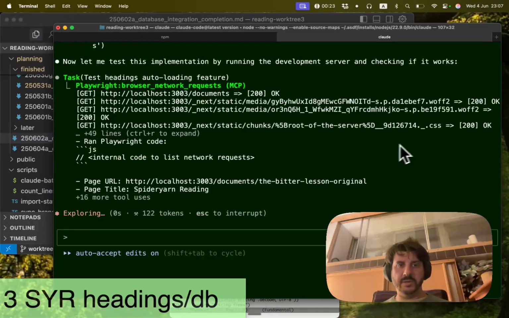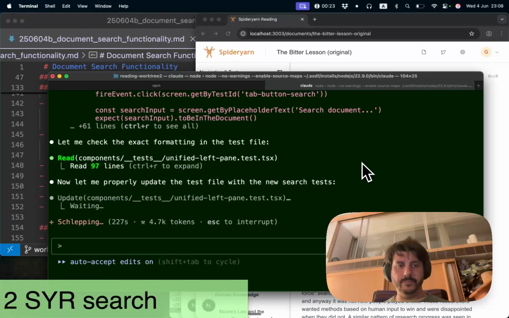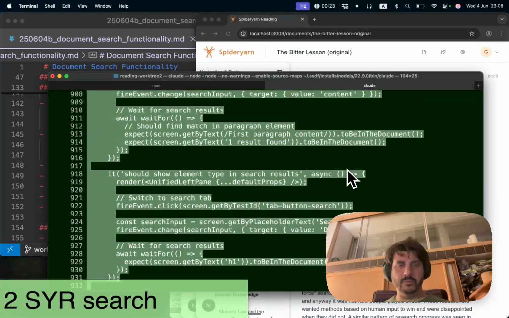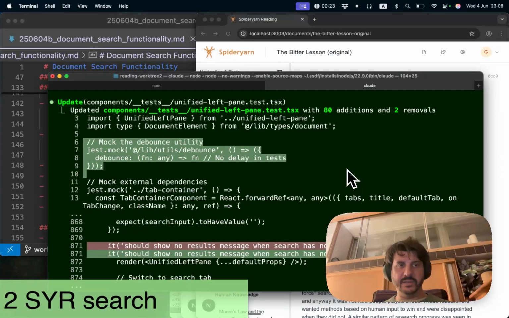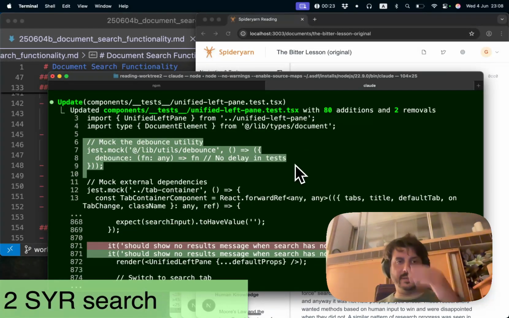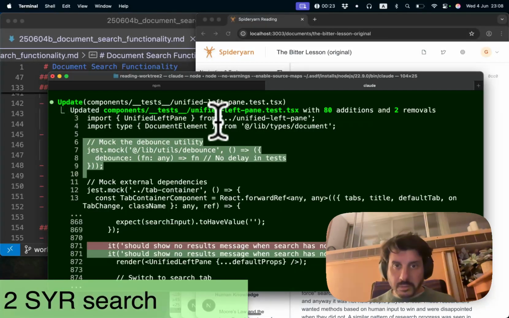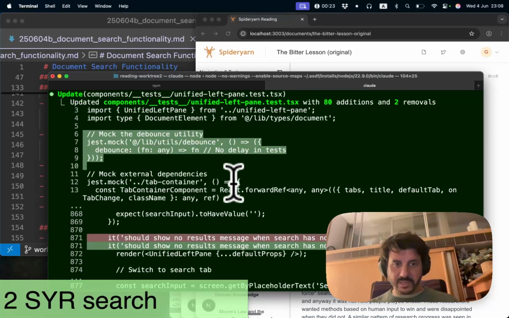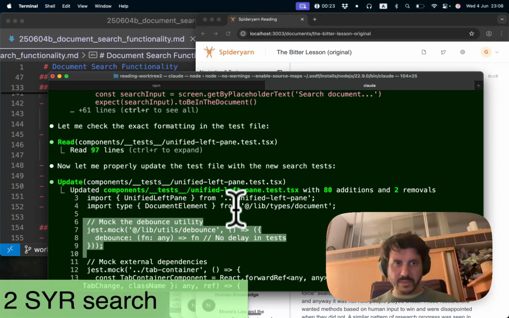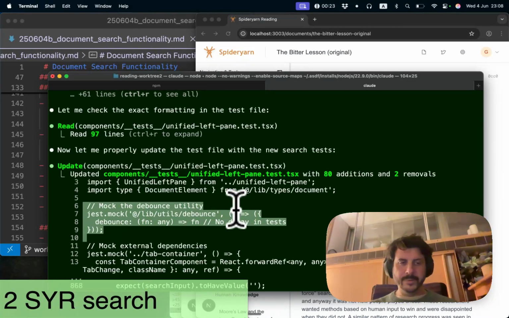Oops, I think I just closed Playwright. Okay, it's nice. It looks like it's actually writing tests for me, which is part of the planning document. It tells it to add stages for tests. I've not actually read any of the tests, and sometimes I suspect they're a bit too verbose, but I have